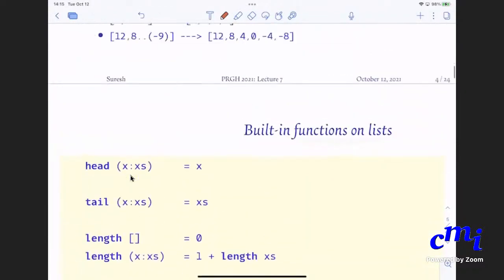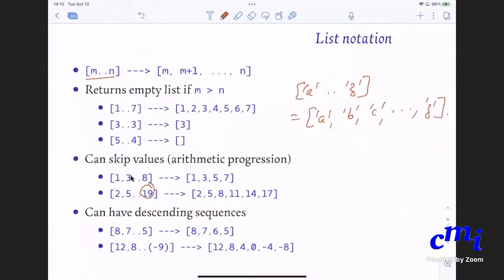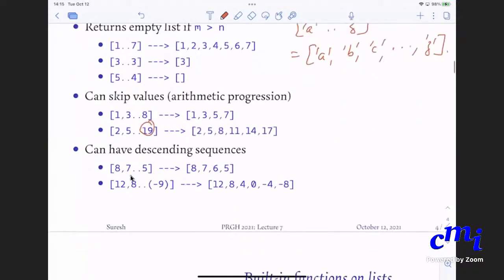So what if it would have been 5, 4 dot dot 4? You tell me what it would be. 5, 4. That's all. Yes, good. But more interestingly, what would it be if it's 5, 4 dot dot 5? Would it return an empty list or would it return just 5? Can somebody check and tell me, please? If anybody is running GHCi, can they type 5, 4 dot dot 5?